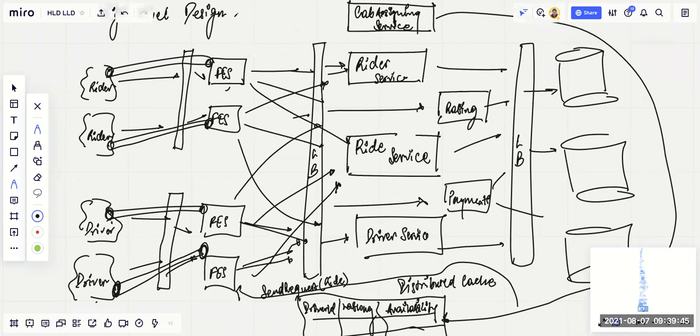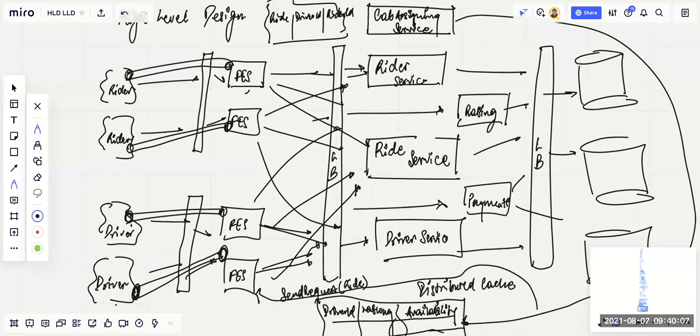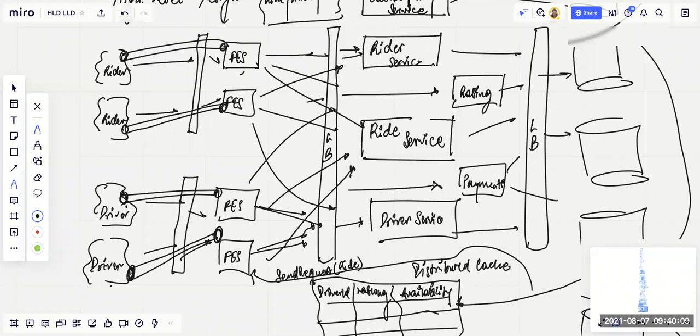These details will be stored as a part of your database. You can maintain another distributed cache where you can say that these are the ongoing rides, where you can mention this is the ride ID, this is the driver ID, and this is the rider ID. As soon as the cab is assigned, this information will be stored.